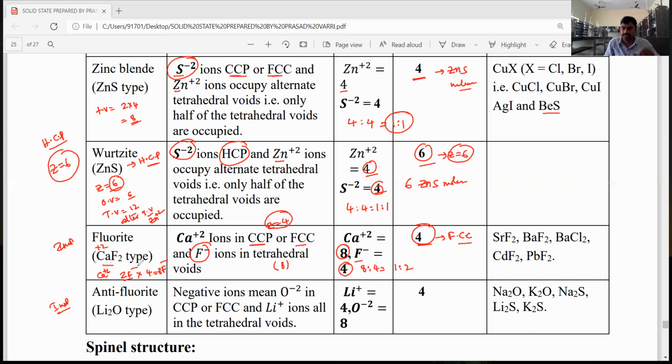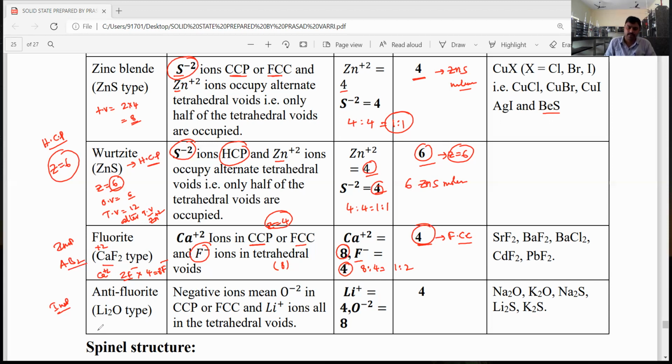So the type of structure, the CaF2 model, is nothing but the AB2 model. These are called fluorite structures. Similar structures are present for strontium fluoride, barium fluoride, lead fluoride, and cadmium chloride. These are examples of fluorite structures. So you have to remember, dear students, in the fluorite structure the coordination number ratio is 1:2 or 8:4, and Z is equal to 4. The number of formula units is 4 only.